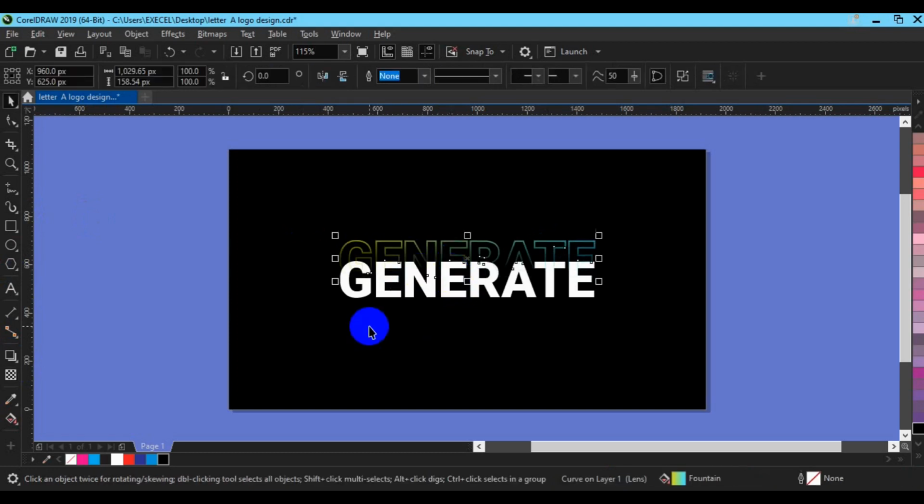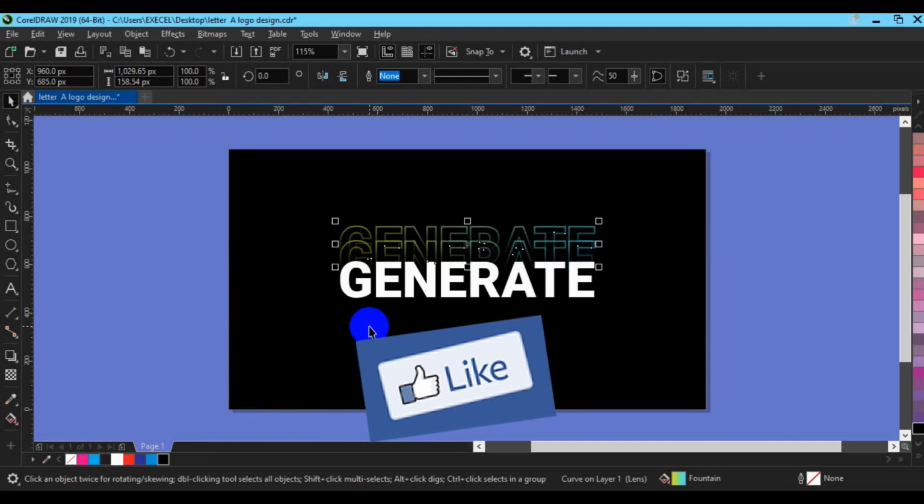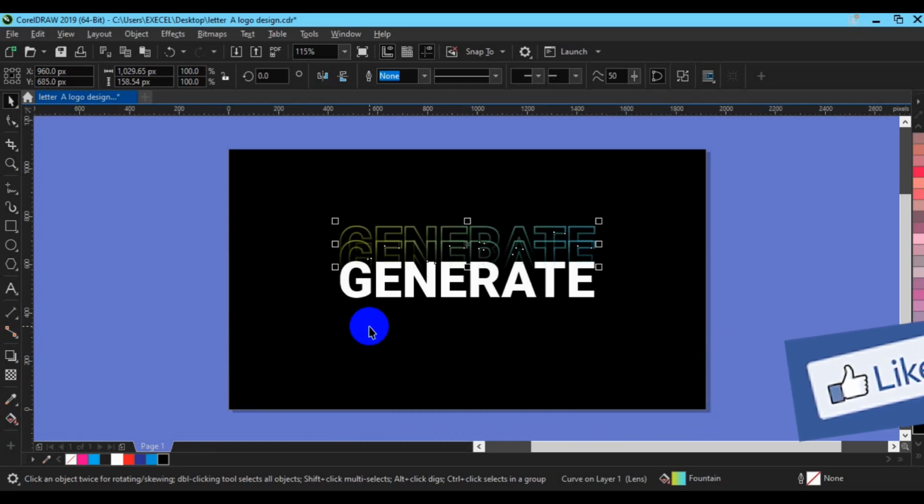Okay, so you can also make a duplicate of this one right here. So for you to do that, you just have to press Ctrl C and then Ctrl V. Then you can just use your top arrow key to move it. Then when you use your arrow key to move it, then the duplicate one,